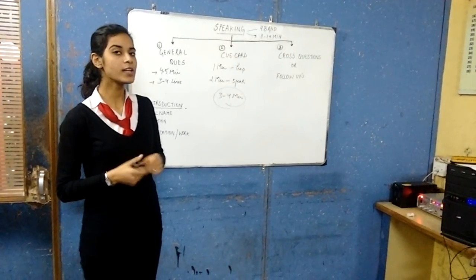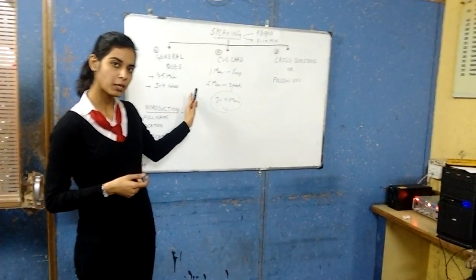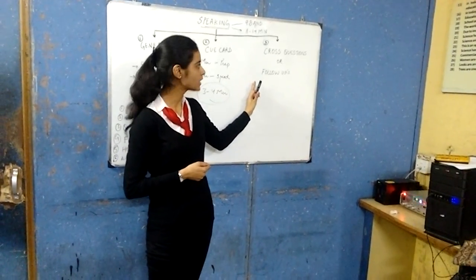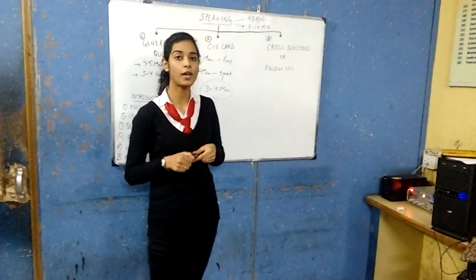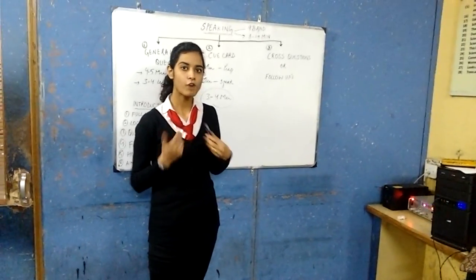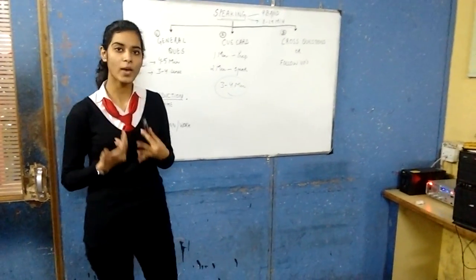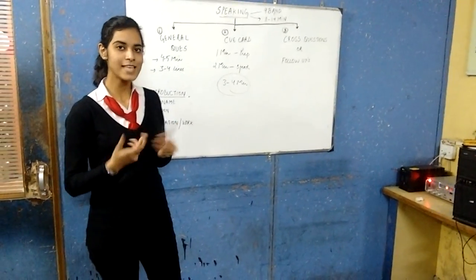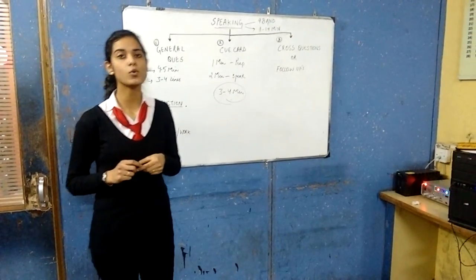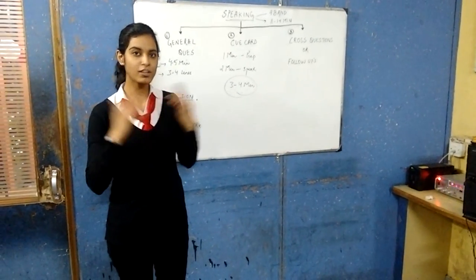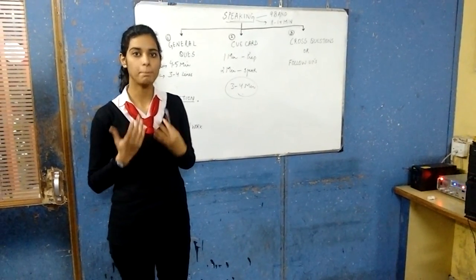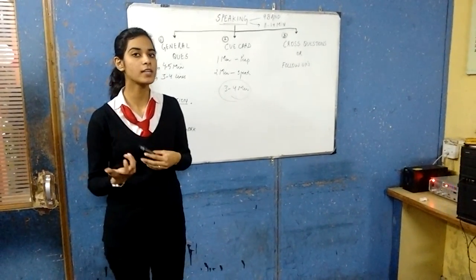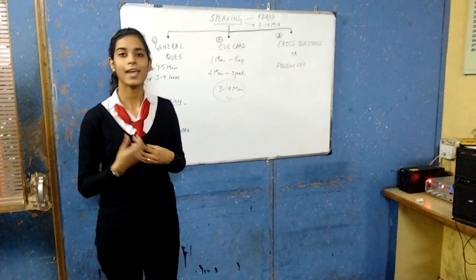Okay? Once you are done with the second section of the speaking module, you will be moved to the last section of your speaking module. That is your cross-question round, or we call it the follow-up round. Follow-up means the examiner will ask you some questions regarding the topic you have spoken about in the cue card. For example, if your cue card is your visit to a bank, that means whatever you have told the examiner about the bank, the facilities available, the staff, the security system, the transactions, anything.